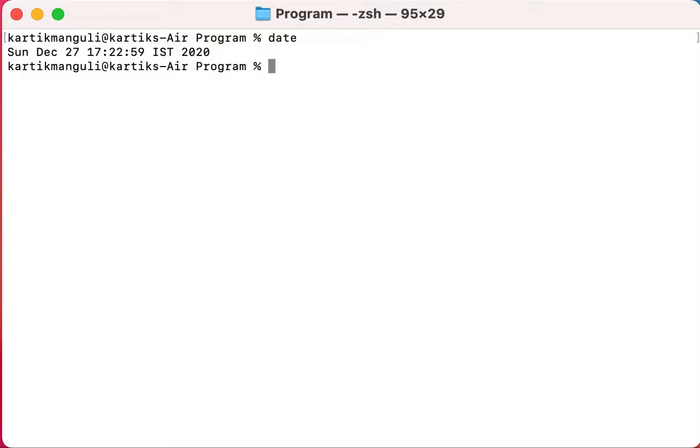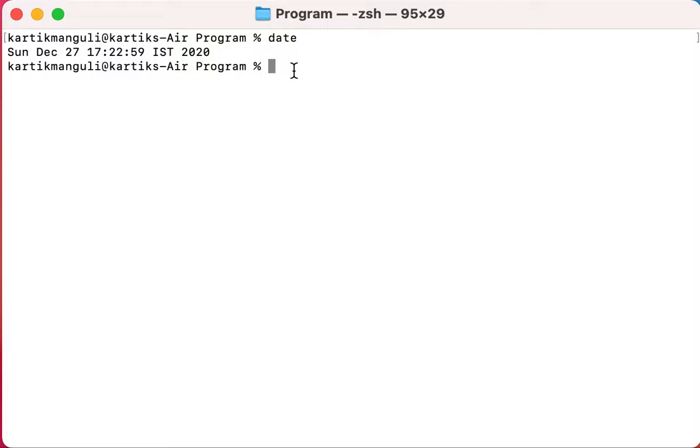And then if I don't want to display it inside the console, my aim is not to display it, I want to save this date inside some file. Let us say I will create one file and I want to store this data.